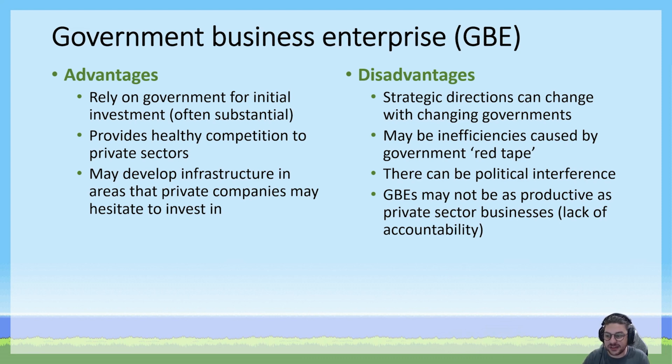And certainly, healthy competition to the private sector businesses is going to be an advantage for everyone of a government business enterprise. And one thing a government business enterprise will do is that, thanks to that substantial investment from the government, they will often be able to and motivated to invest in developing infrastructure that private companies might not be able to do. For example, Ozpost would be setting up warehouses and access for trucks, so widening roads, etc., around airports and docks for their shipping and